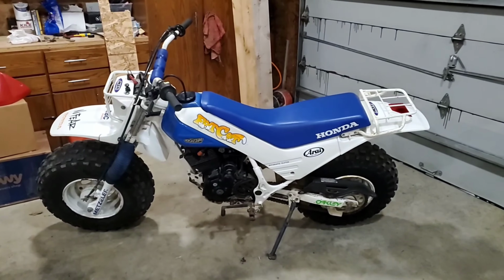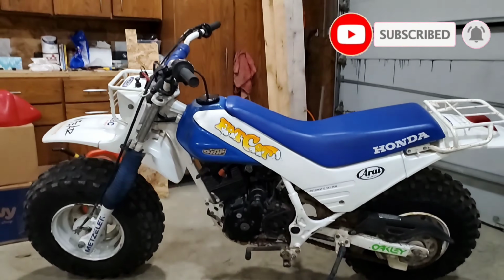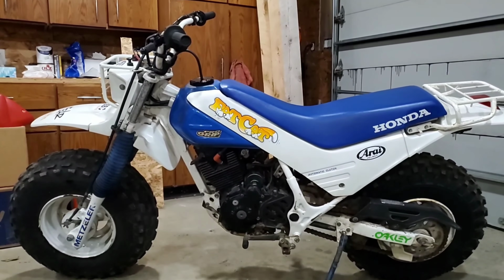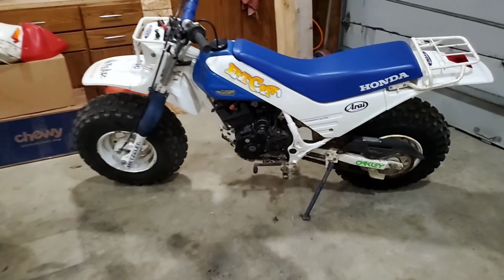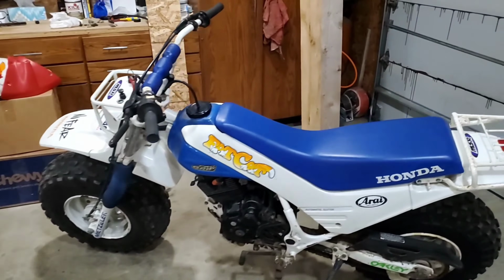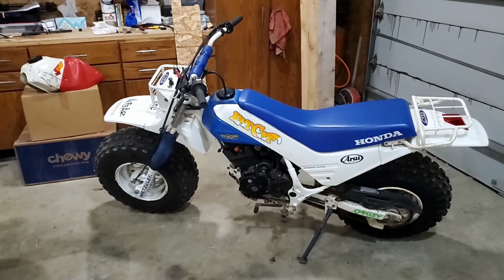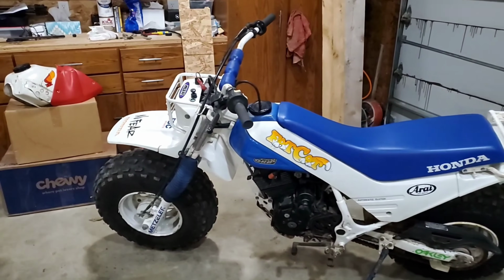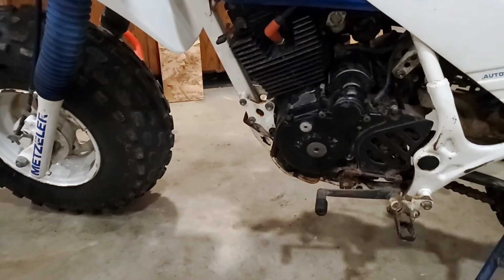Along with the 7590 is this 1986 TR200 Fat Cat. A lot of people aren't super familiar with Fat Cats, and that includes me. So I am learning. They made this 2 years, 1986, 1987. So this is the first year. These are electric start, automatic shift, so no clutch,